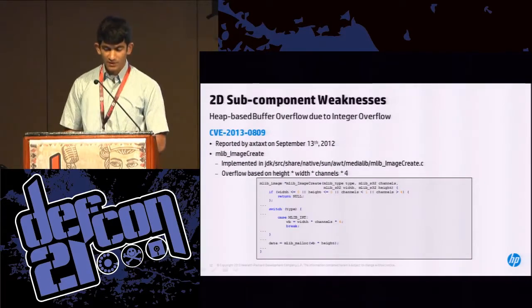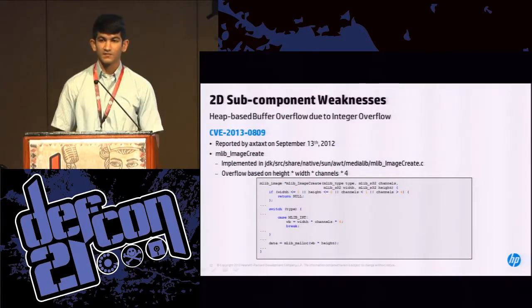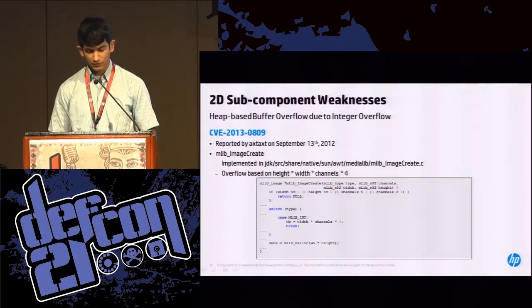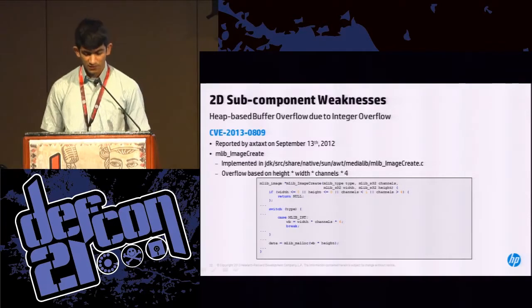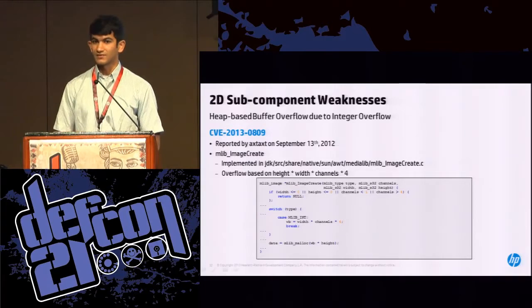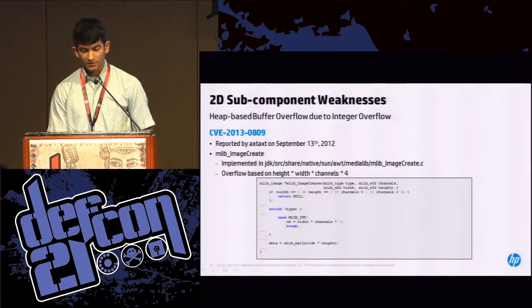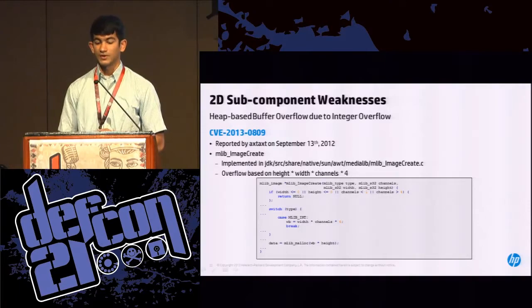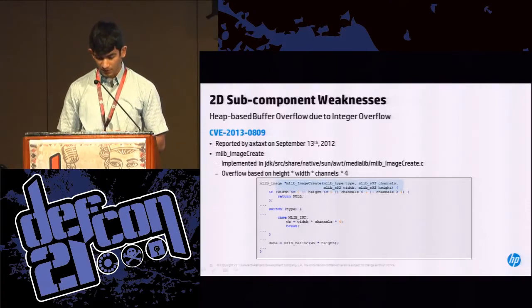Alright, so the next bug is in the 2D subcomponent and is a heap-based buffer overflow due to integer overflow. It was reported to us by AXT and CVE-2013-0809 exists in native C code. Java has what's called Java Native Interface, and that allows for, well, native code to be called from Java land. In this particular case, the issue lies in sun.awt.medialib.mlib_ImageCreate, and the issue lies because of,